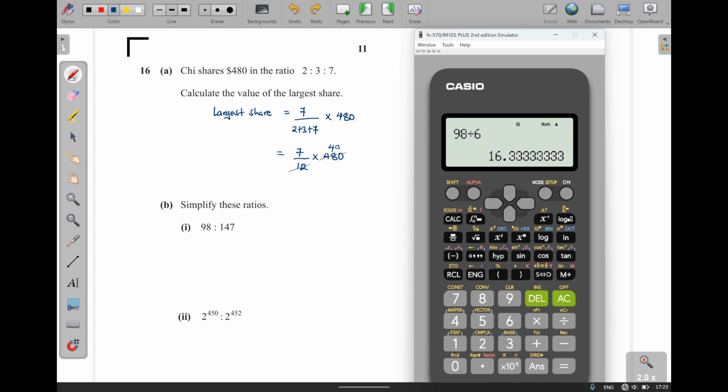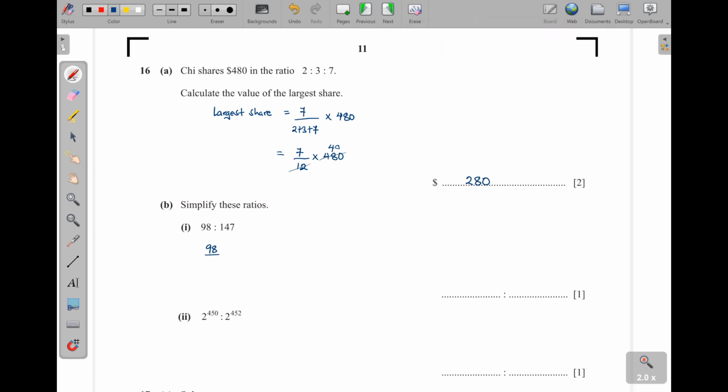It is not divisible. But then if you have 98 divide by 7, and you see that you have 14, then 147 divide by 7, you also have what? 21. 7 is in 21 and is also in 14. So that means 7 times 7, that is 49. So in other words, you can actually have something like this, as if I'm finding the highest common factor. So 98, 147,